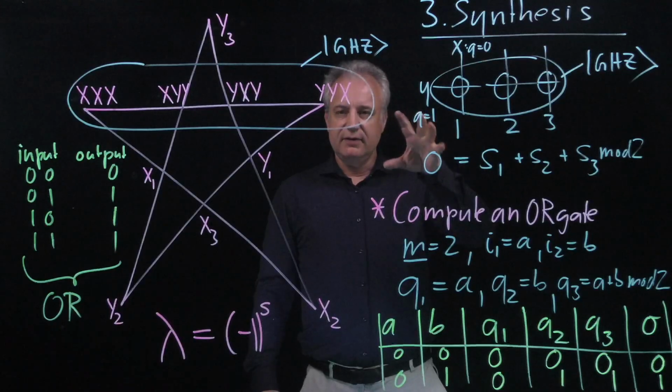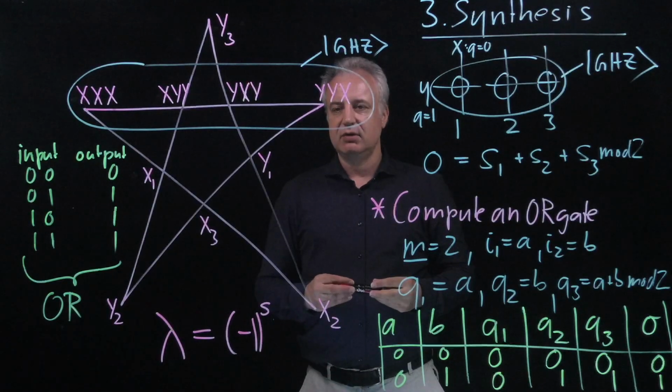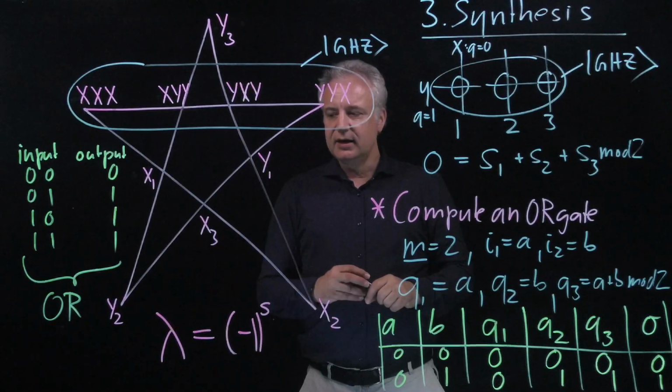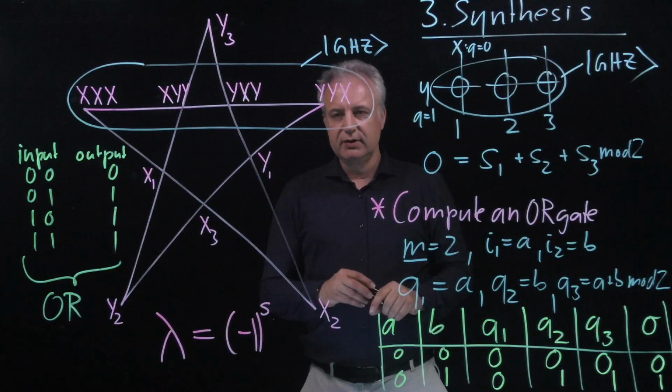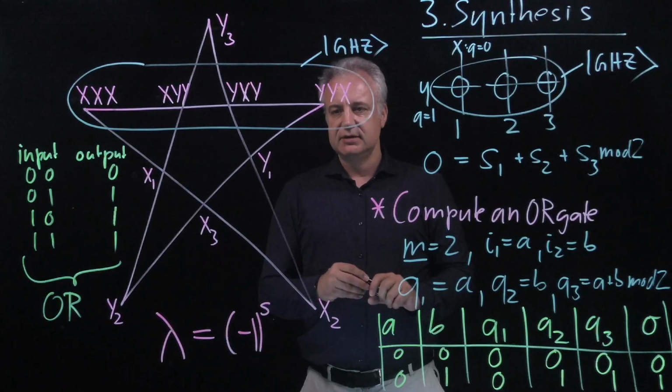Mermin's star was the device through which the connection between contextuality and measurement-based quantum computation was made, and that's in a paper, if you want to read it, by Janet Anders and Dan Browne from 2009. It's a PRL.